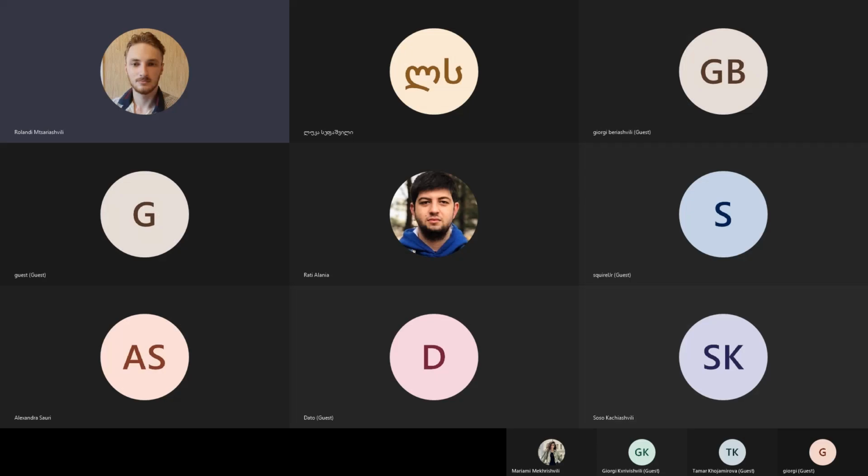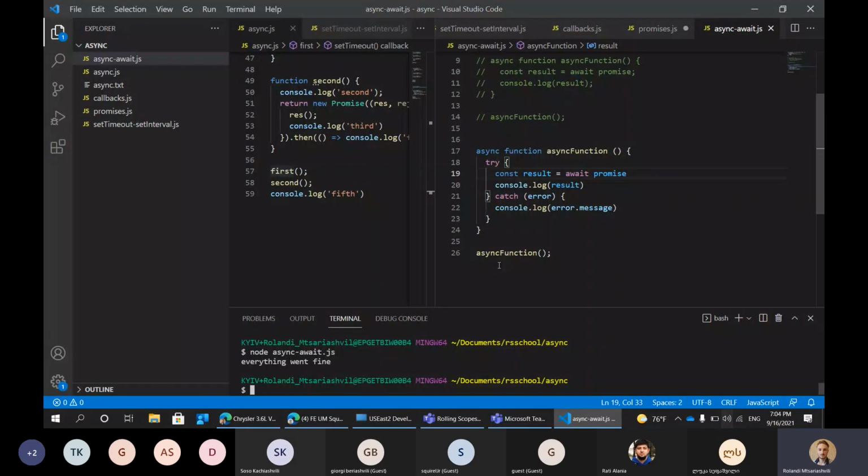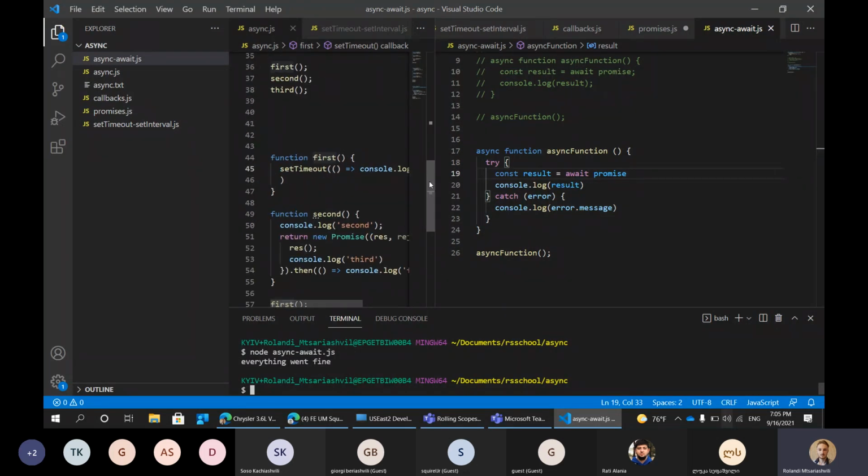In my opinion, this one is one of the most advanced and hard to understand topics that JavaScript probably contains. That's why, outside of the lecture, I will provide a lot of links and self-study materials with which you can reinforce your knowledge about in-depth organizing of asynchronous functions and asynchronous actions. And today in this lecture, we are going to go through all the basic materials and practical examples, and let's begin